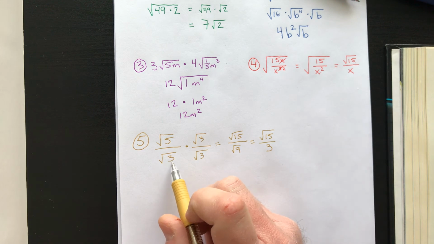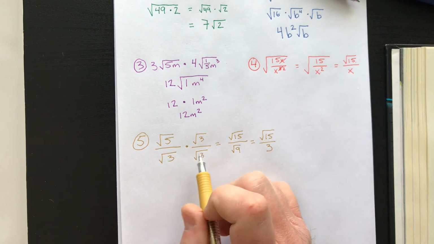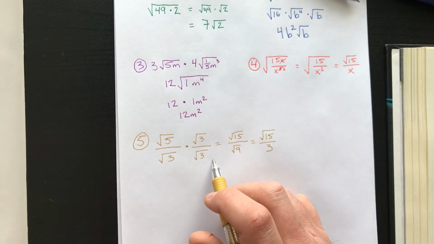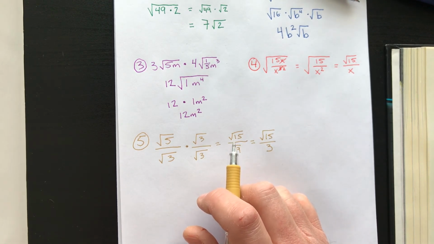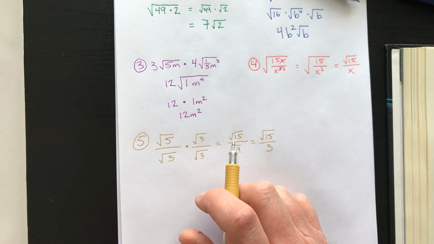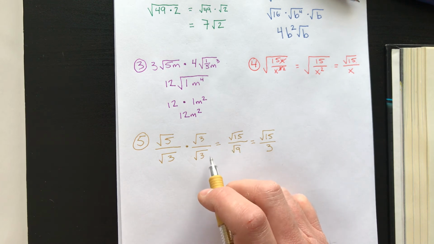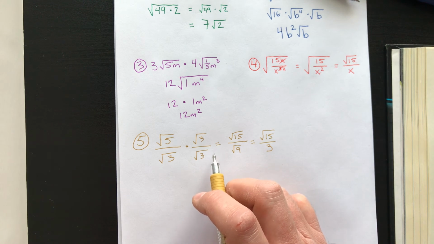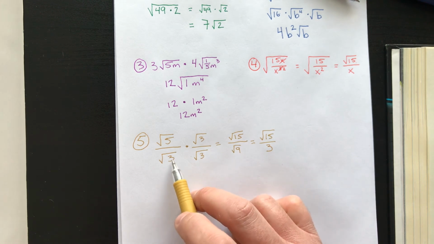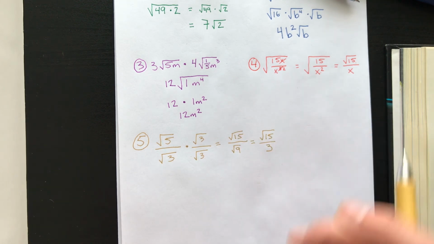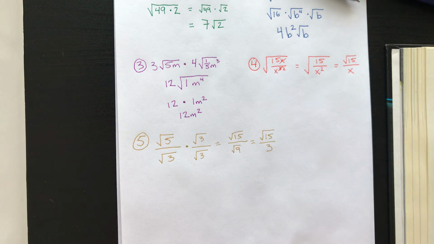That's kind of a rule of thumb. If you multiply the exact same square roots together, like the square root of 4 times the square root of 4, the answer is 4. The square root of 100 times the square root of 100, the answer is 100. The square root of Luca times the square root of Luca, the answer is Luca. The square root of big tuna times the square root of big tuna is big tuna. You get the exact same thing underneath the radical. So here's my final answer, the square root of 15 over 3. And then the last one,